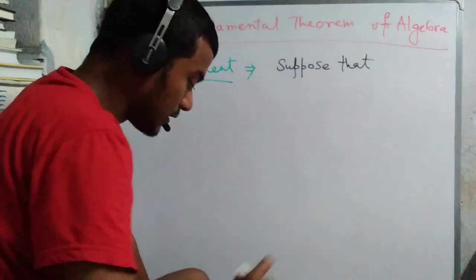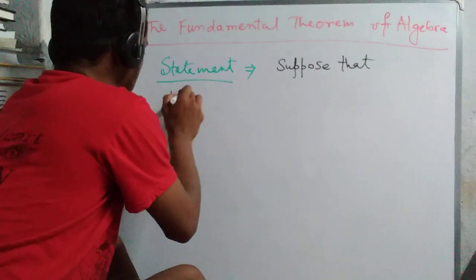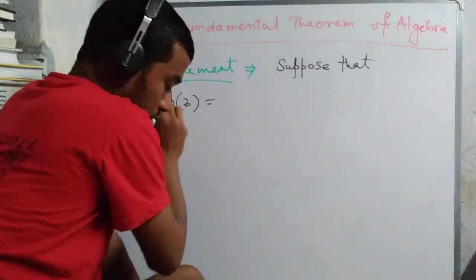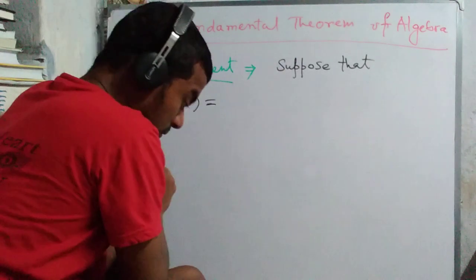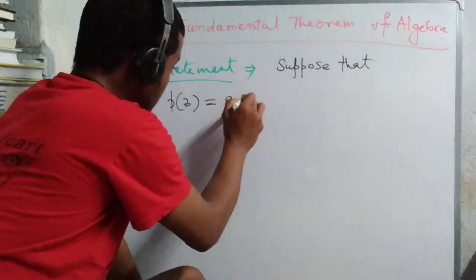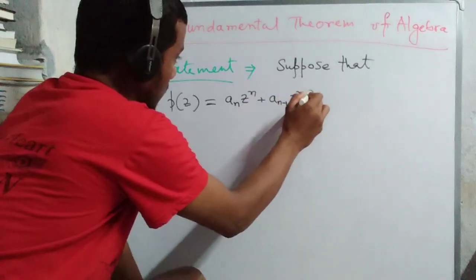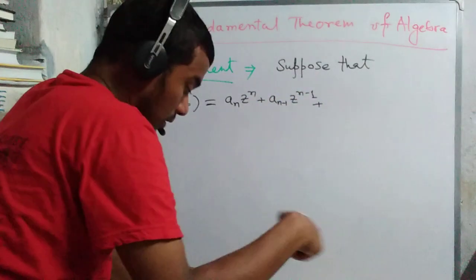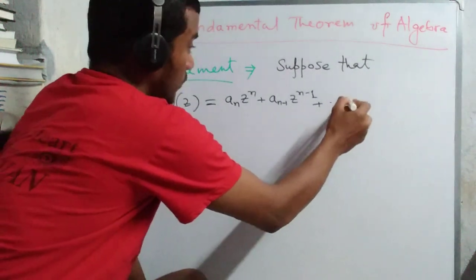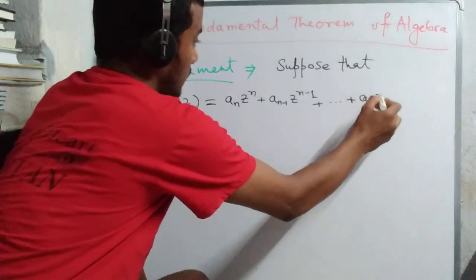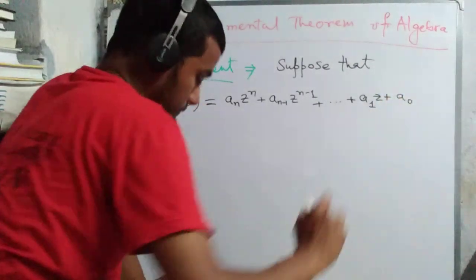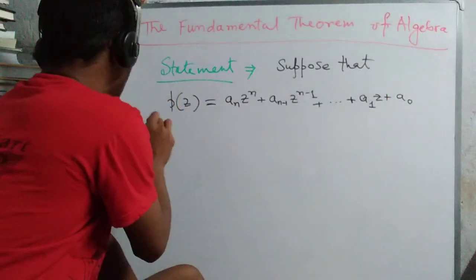Suppose that p(z) = a_n z^n + a_{n-1} z^{n-1} + ... + a_1 z + a_0